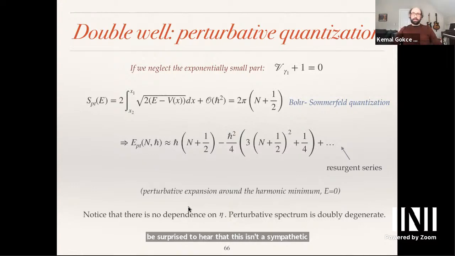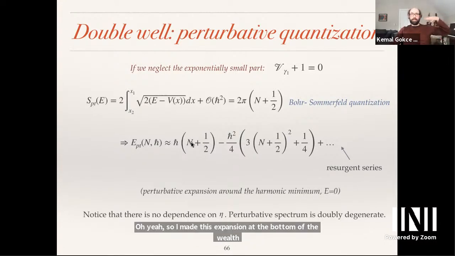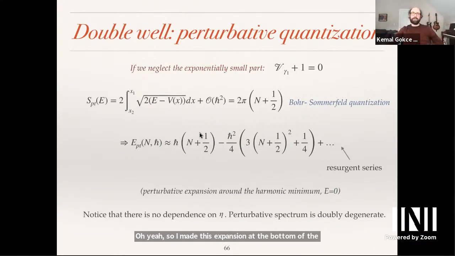One thing, I made this expansion at the bottom of the well, where the motion is harmonic, so I have a harmonic oscillator plus corrections. But in general, I can expand around different values of E as well. This is just the most straightforward thing to do at this point, to make the connection with the harmonic oscillator. And notice that there's no dependence on eta,